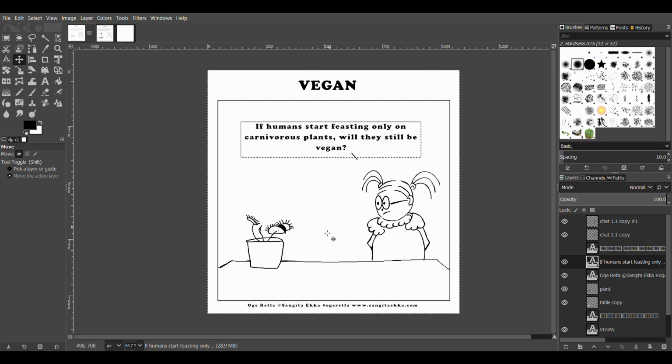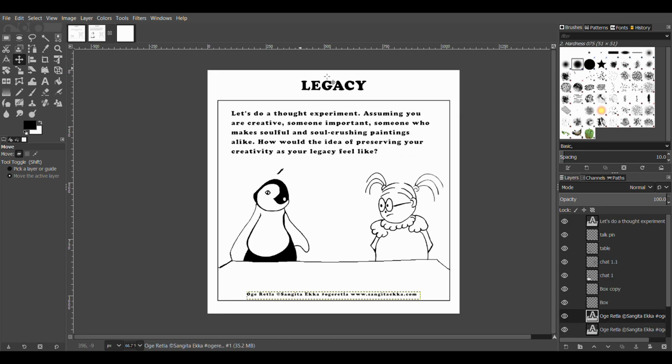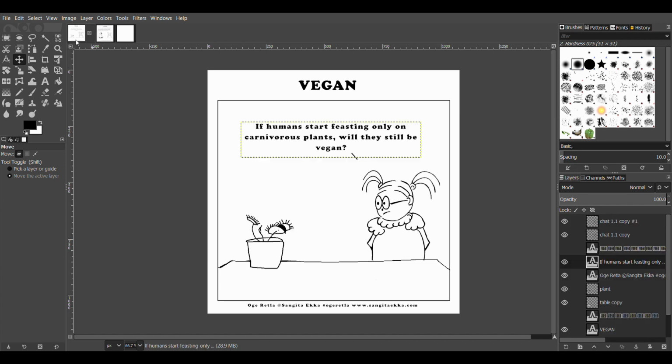Other than that, if we navigate to this Legacy one, there is a new element, Pingudi, which is another character, and Oge, and there is a different message, but a few things remain the same. Like the heading, which is central to the entire thing, which is also what you will see over here.